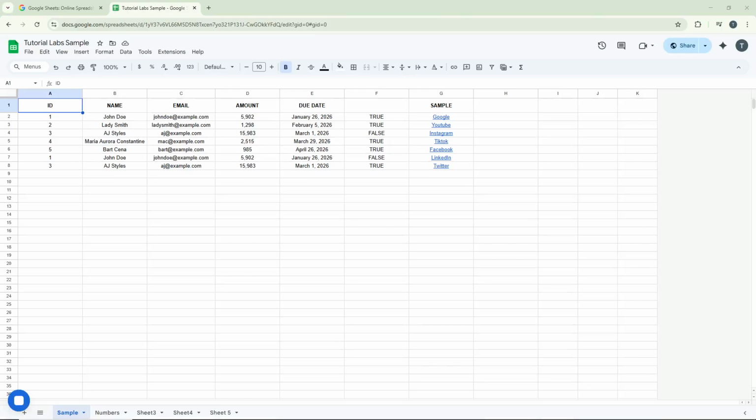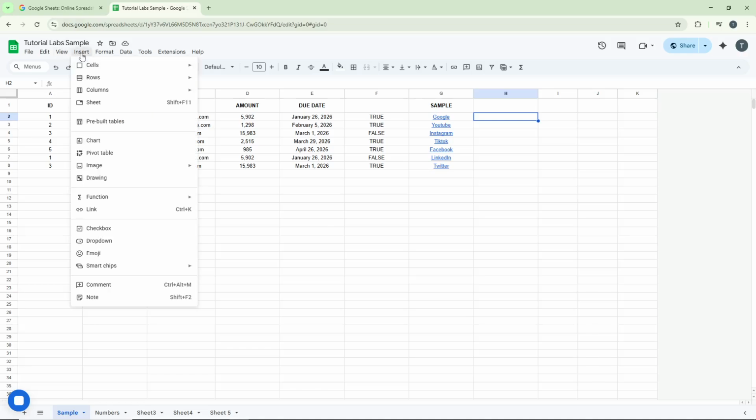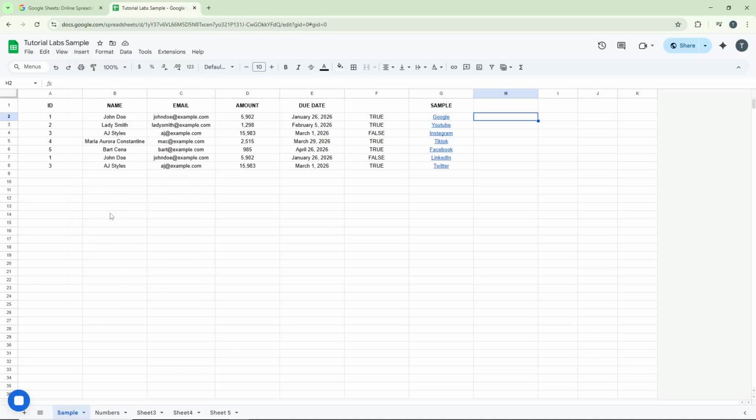Once your spreadsheet is open, click on any cell where you want to place your link. This cell will act as the anchor point for your navigation. After selecting the cell, look up to the top menu bar and click on Insert from the drop-down menu that appears. Click on Link. This option allows you to create hyperlinks within your spreadsheet, connecting different parts of your document